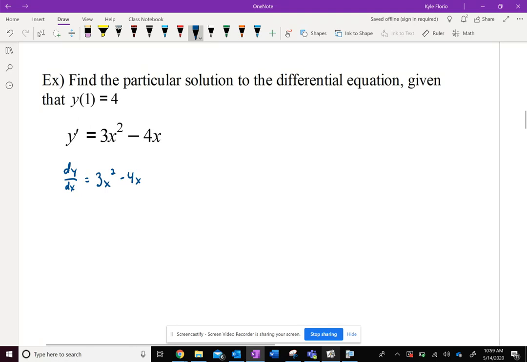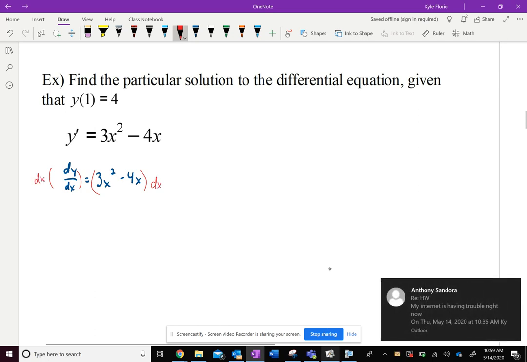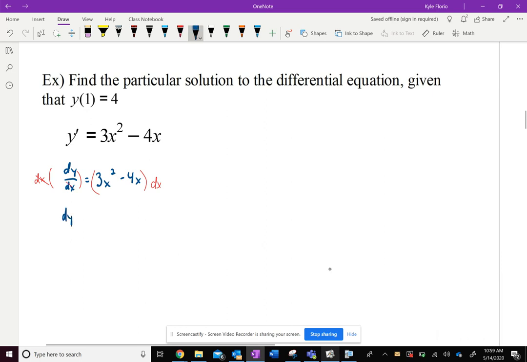And then if I multiply both sides by dx, what I'm doing is getting the y variable on the left side and the x variables on the right side. And now the goal is to integrate both sides. So this is a legal operation. If I take the integral of both sides, what do we get? The antiderivative of, you can think of this as 1 dy if you want, the antiderivative of 1 would be 1y, or y,